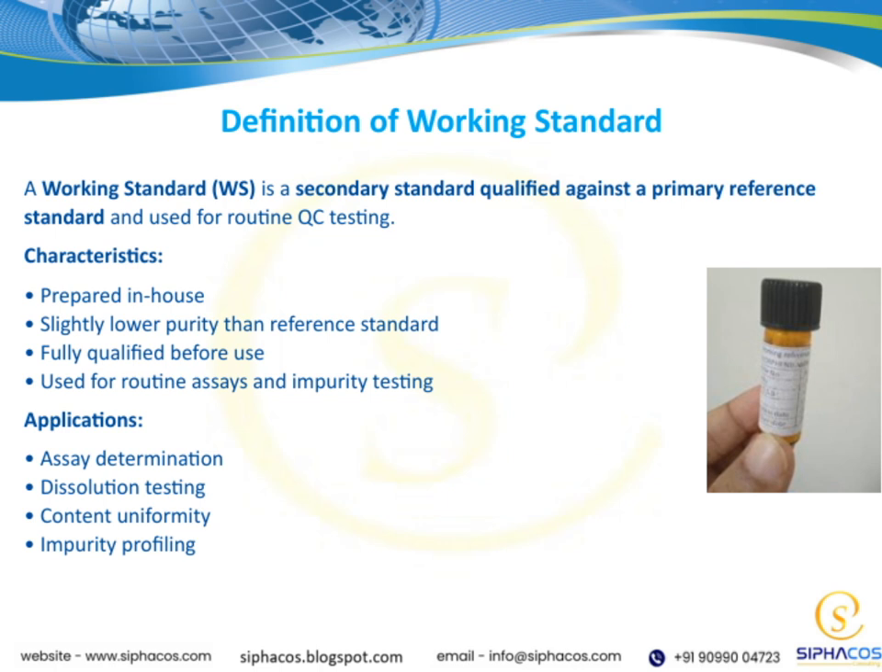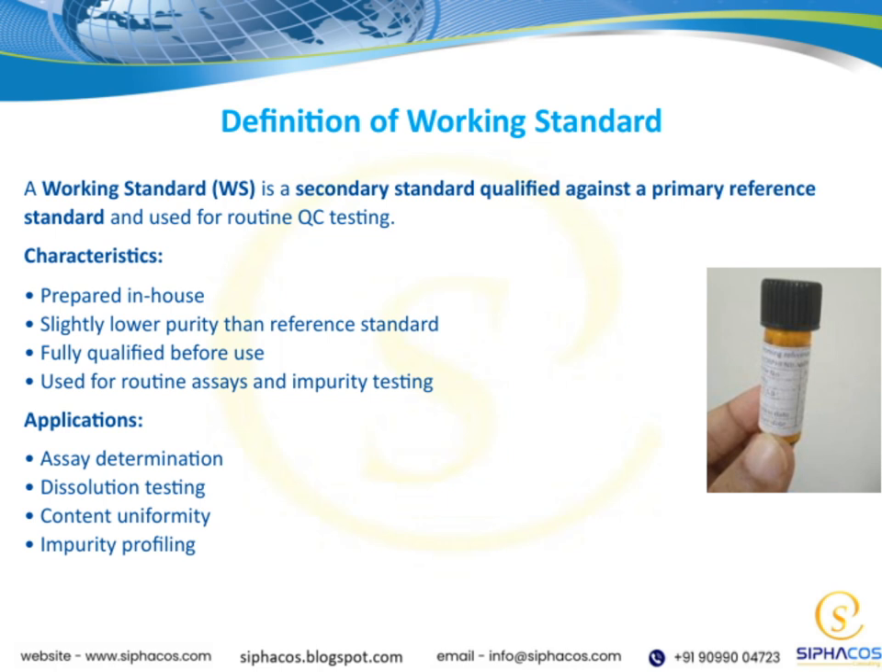It also typically has a slightly lower purity compared to the primary reference standard. This is expected and accounted for during qualification. Importantly, before we use it in any testing, it must be fully qualified to ensure accuracy. The main purpose of a WS is for routine assays and impurity testing, meaning it helps us verify the quality